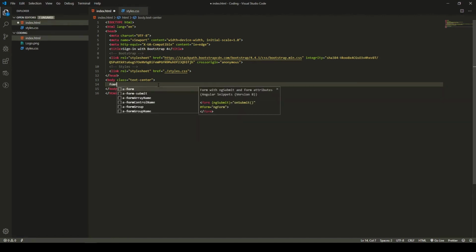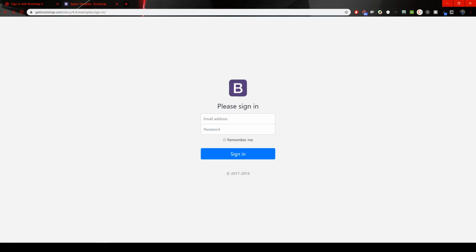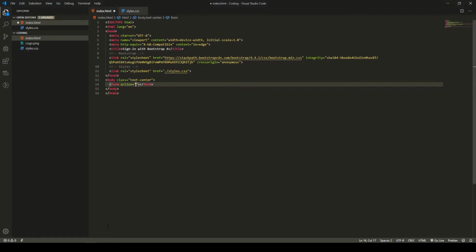So I will add a form. Why a form? Well, this obviously entirely is a form, so we will put every content inside. For the form's action, we don't need that because we want to use some post requests here. So for the form, I will just add a class of form-signin,